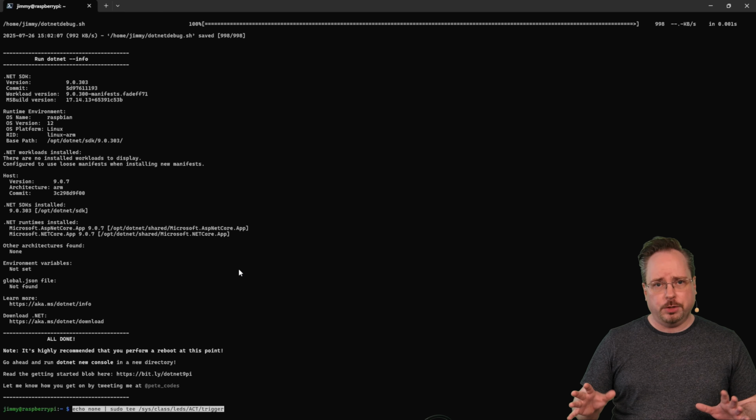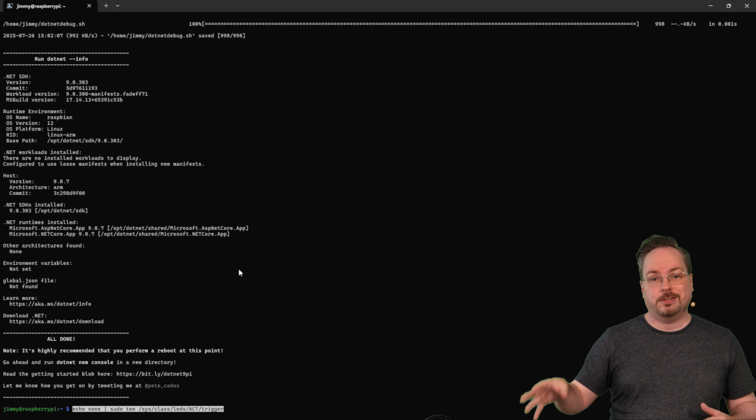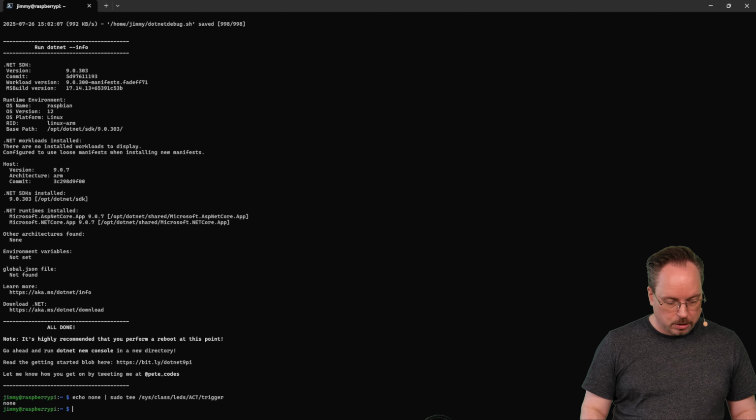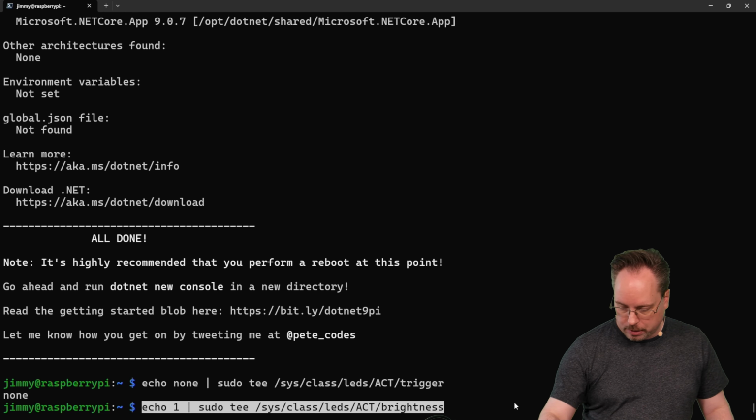So basically what we're doing is that we're turning off the trigger that triggers the LED based on the memory card, like that. So what we can do is that we can do like this. Let me zoom in just a little bit here. So echo 1, so we're writing 1 to the sudo tee brightness of the ACT LED. So if we do that, and I'm going to pop into